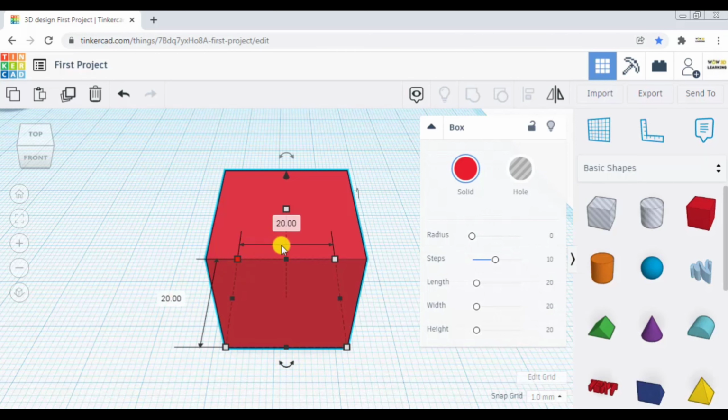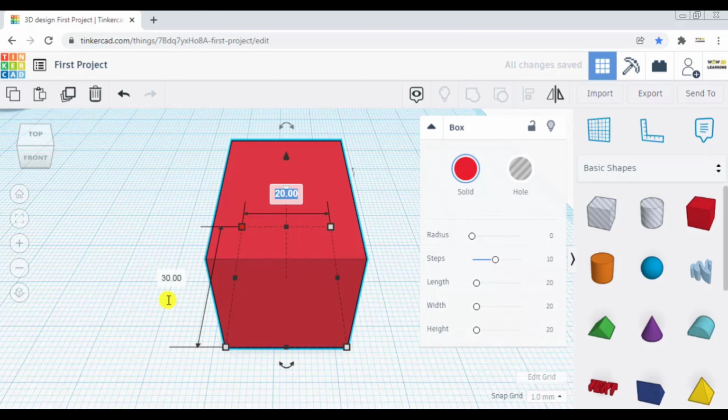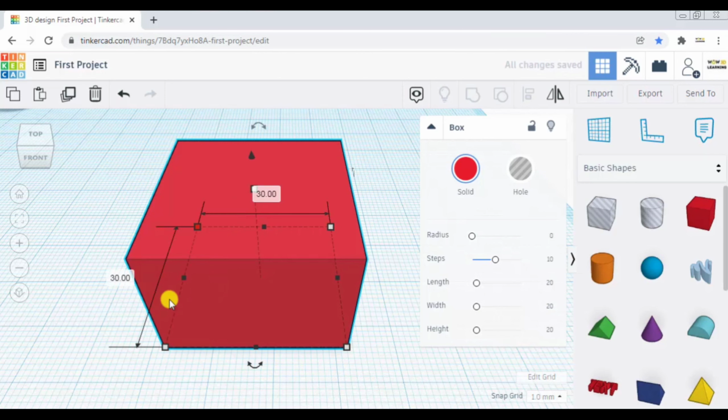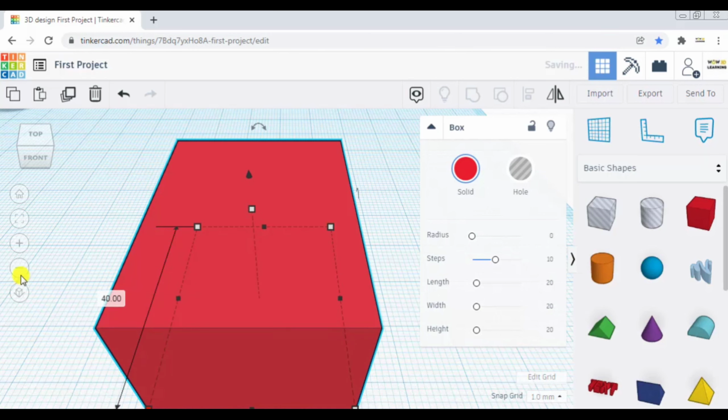You can adjust these dimensions either by clicking here and putting in any value and then pressing tab to go to the next value. Here also I put 30. So you can see I have increased the dimension in both x and y simultaneously. Now if I click on this white node, only one dimension is visible. Again if I click on this, let me change this to 40. So this is changed. Let me zoom out a little bit.